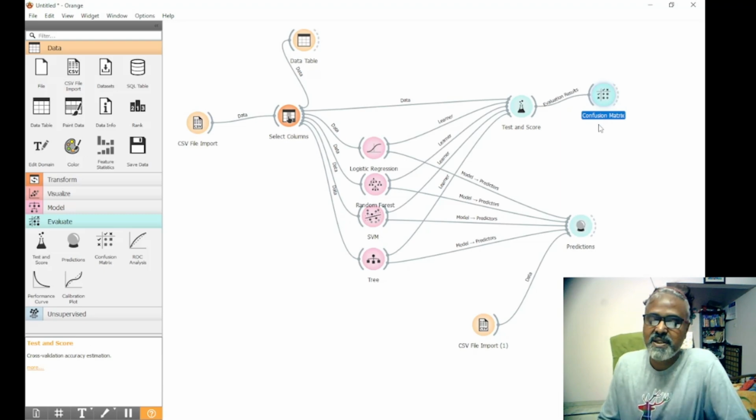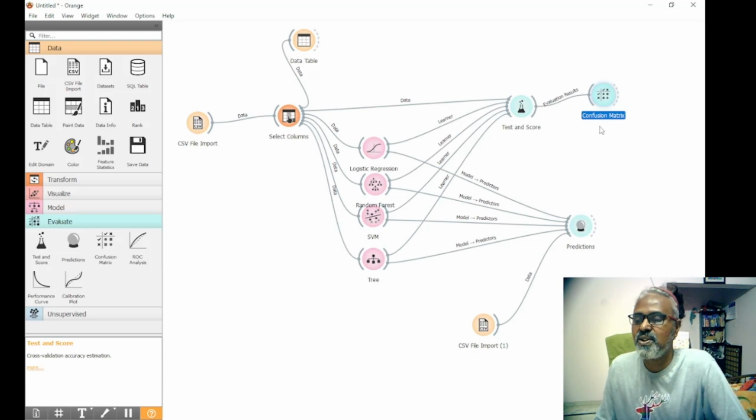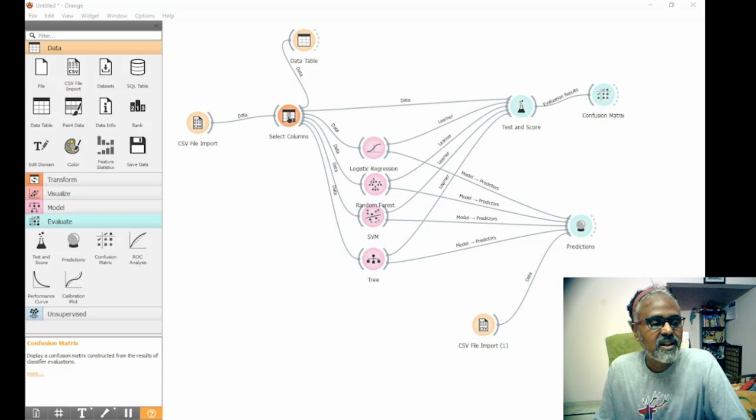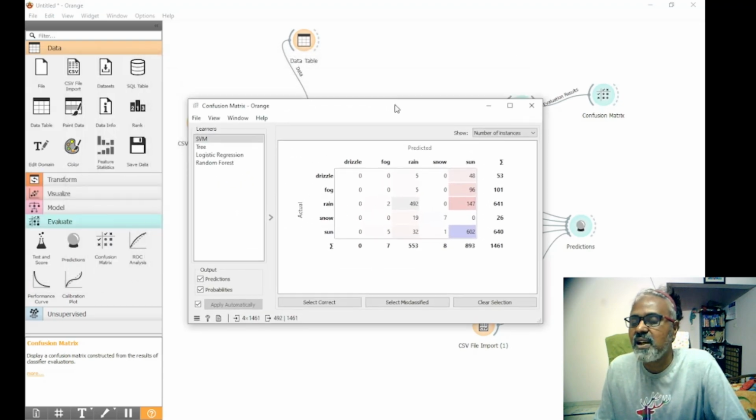Orange is pretty smart in suggesting what tool we are going to use next. So when you right click or pull a node, it suggests what tool will come up first. I double clicked that orange widget, and you can see in SVM these are the